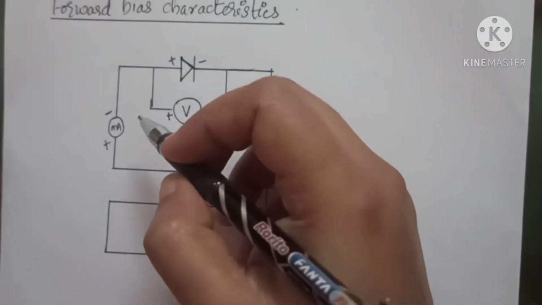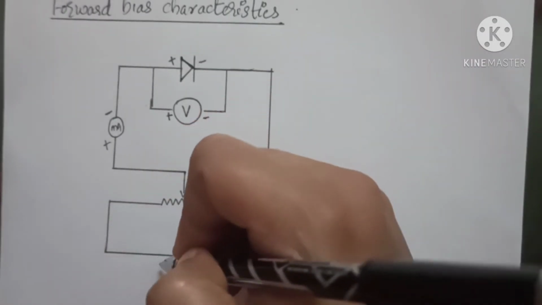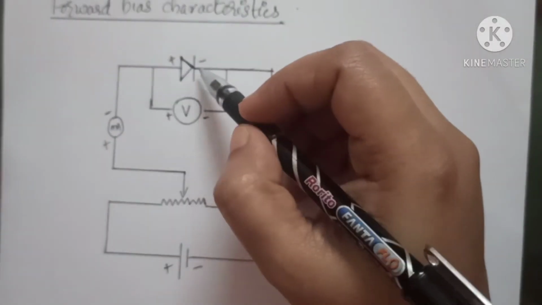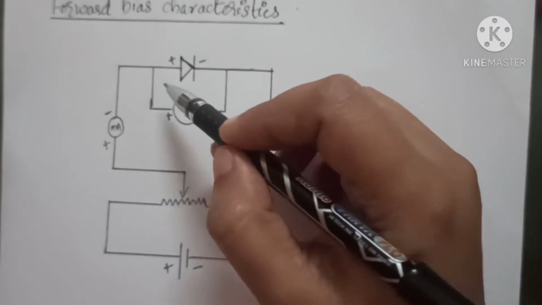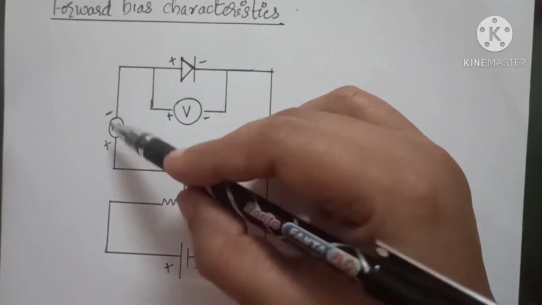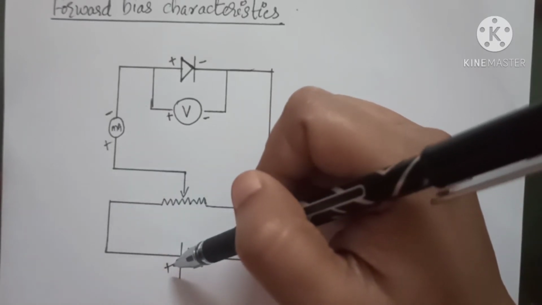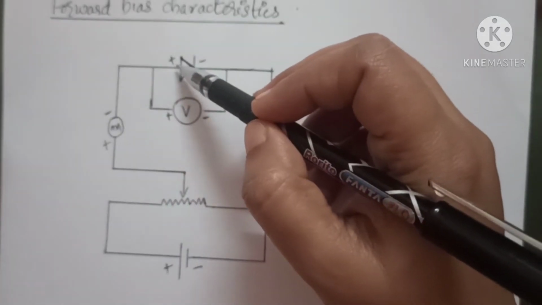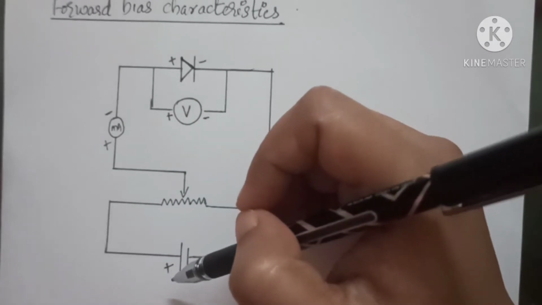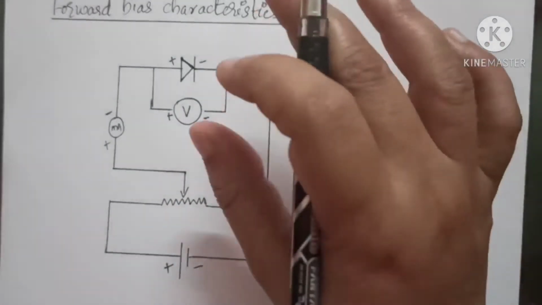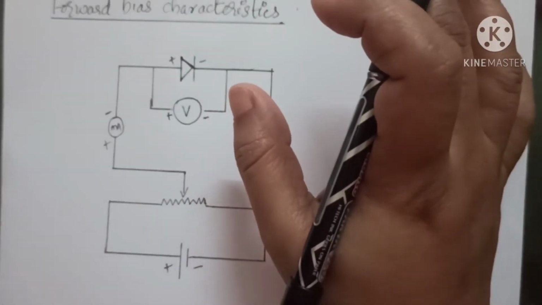Again there is a rheostat for varying the value of current, and then here it is positive and negative, because you know this connection is the same thing that you have studied in Ohm's law. Instead of a resistor, we are using a diode, that's all. The voltmeter is connected in parallel, the ammeter is connected in series, then connected to the rheostat, then positive of the ammeter connected to positive. Also the positive of the diode is connected to positive of the battery. Understood? So this is the circuit diagram for studying the forward bias characteristics.